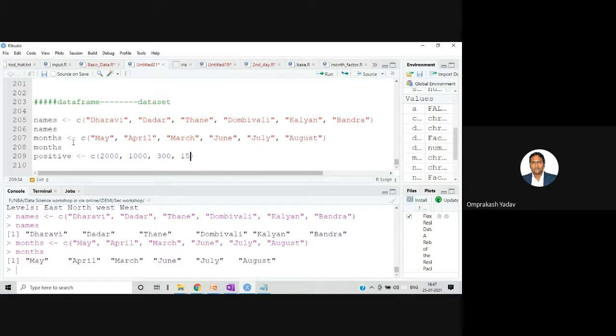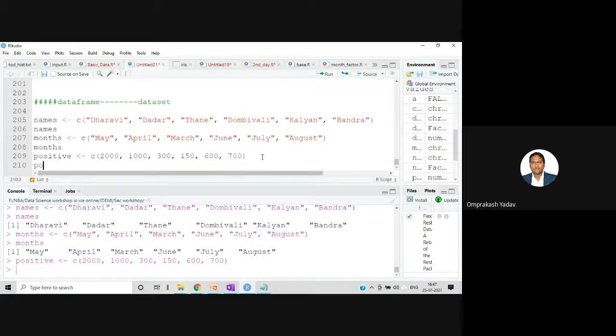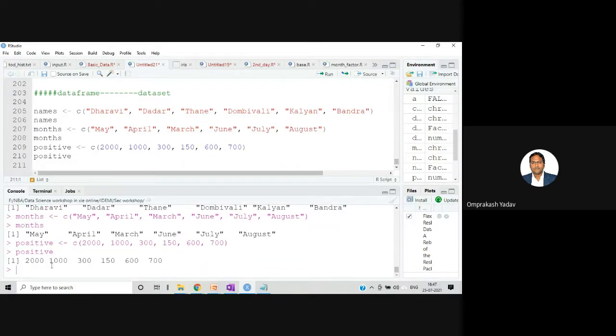Then 150, then let's say 600, 700. How many values? 1, 2, 3, 6. Okay. Let's execute this. Print the positive one. So 2000, 1300, 150, 600, 700.